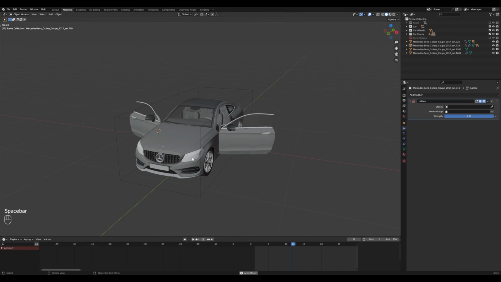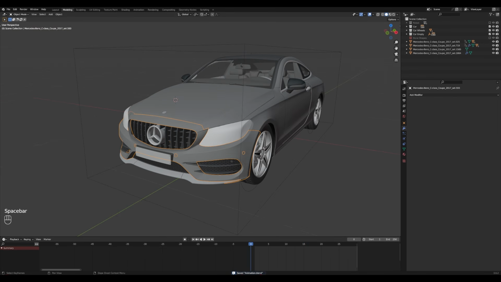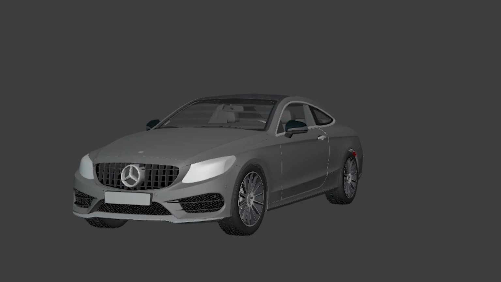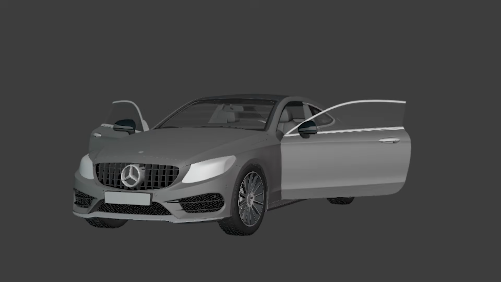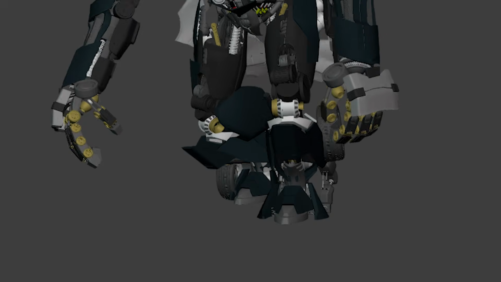So now you get a vague idea how I animate each piece. Now I will add a little bit of turbulence before the car transformation. Here is the example. You can see the car shakes a little bit, then it transforms to the robot. I want that here.